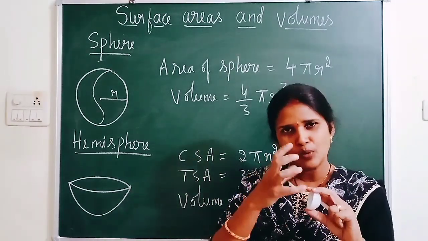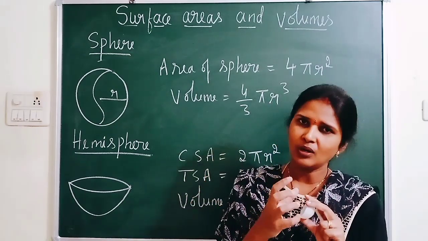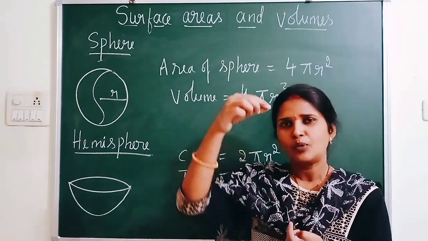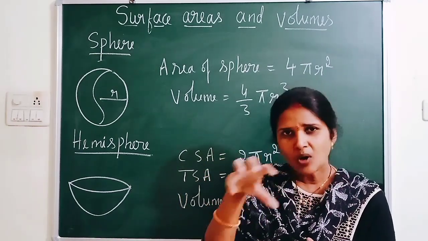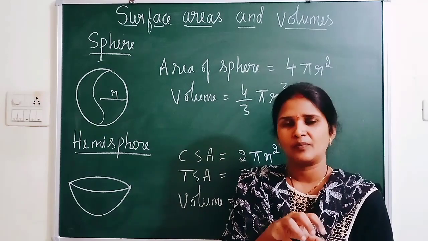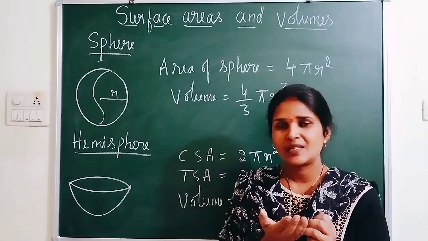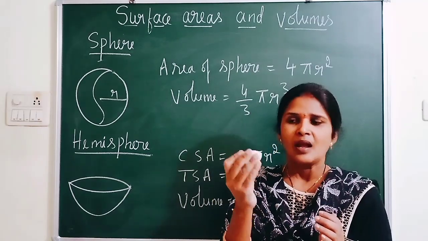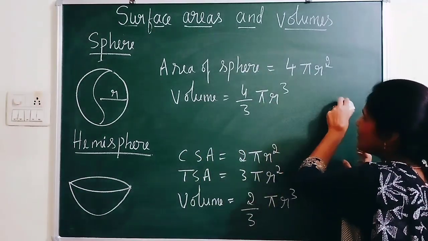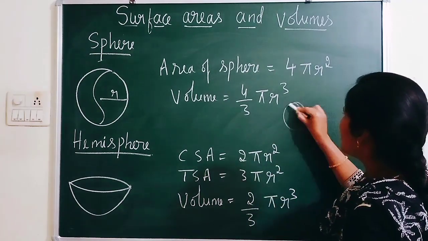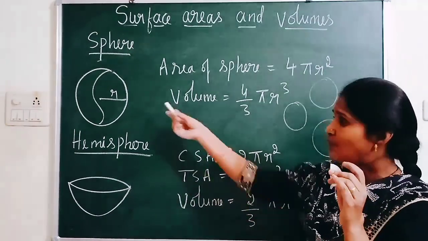Take a ball, the full ball, and roll a thread or wool around it. In other words, you take a ball, put a pin at the top and bottom of the sphere and go on rolling a thread all over the ball. It should cover the full ball. Then remove the thread and keep it aside. Then cut that ball exactly in half, that is nothing but a hemisphere, and take this hemisphere, reverse it and draw circles. How many circles do you have to draw? 4 circles on a cardboard, like this, with the half of that ball.